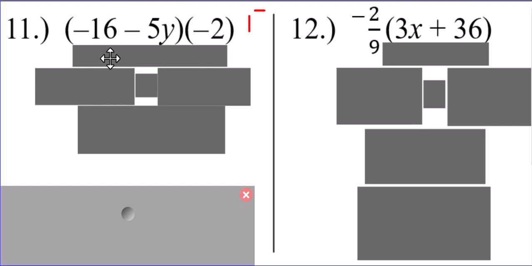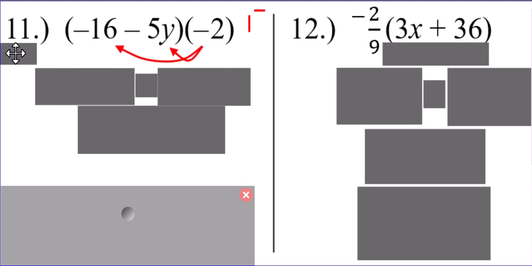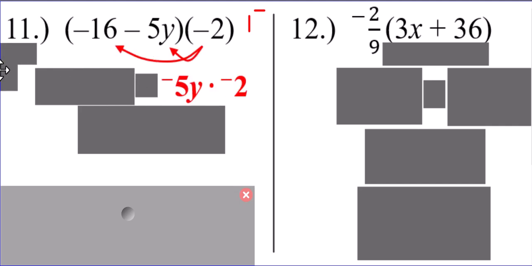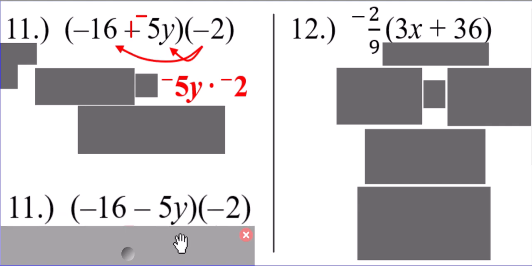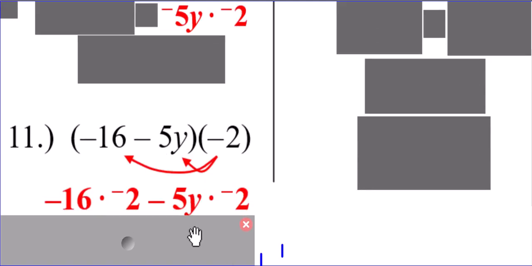Problem number 11. Who is the multiplier? Well, this one's unique. We have a negative multiplier on the right side. When you have parentheses next to other parentheses with nothing in between, that means multiplication. So the negative 2 is the multiplier. Let's distribute it to the 5y. It would be negative 5y if you added the opposite right away. If not, then it would have been a positive 5y, but then you would have had the